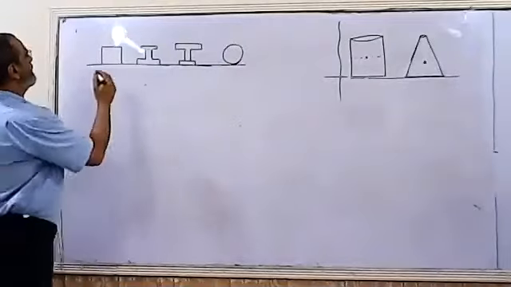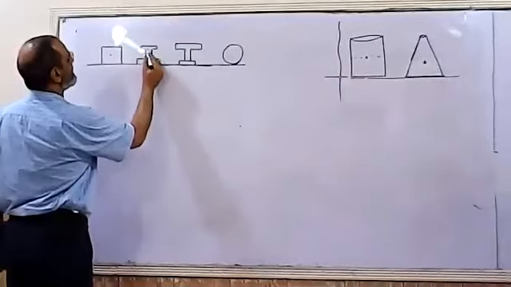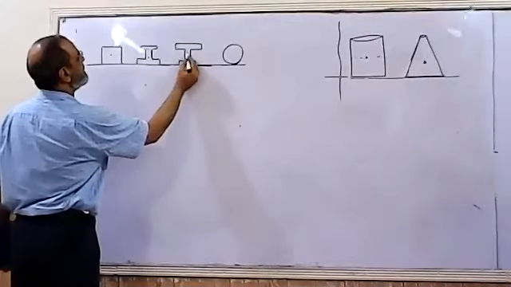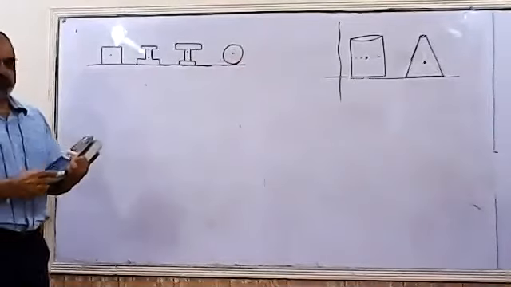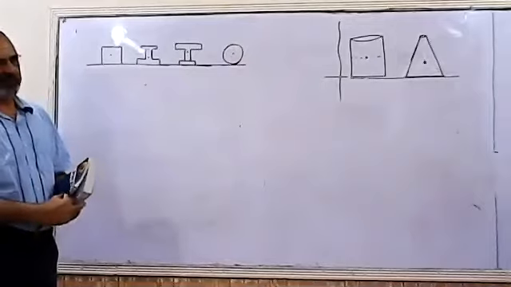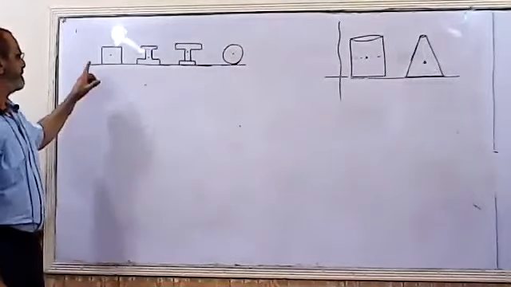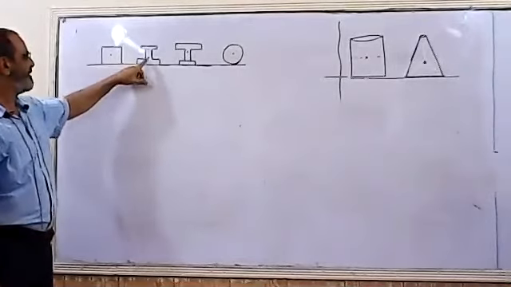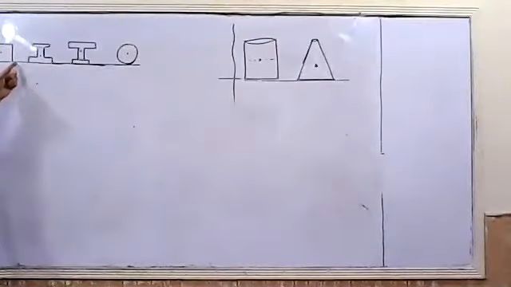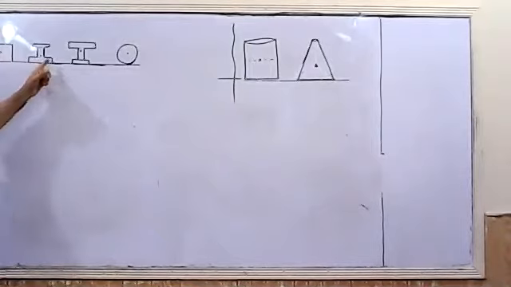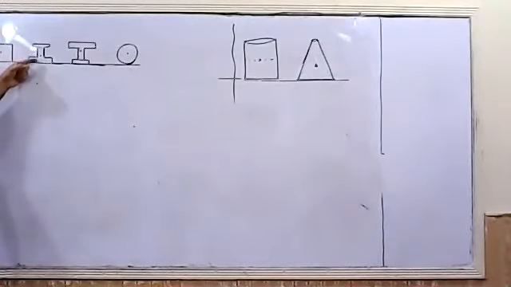And this base area is least. So its center of gravity. So two things I have to consider: the base area and center of gravity. Which is the more stable object? The second one, because its center of gravity is lowest as compared to all four, and secondly, its base area is large. Base area of this object is large as well, but its center of gravity lies somewhere in the middle, but its mass is concentrated at the lower section more, so its center of gravity is lower as compared to the others.